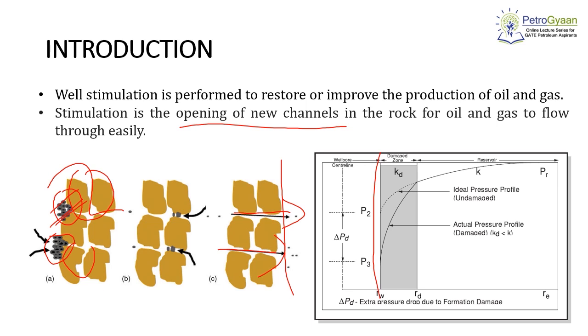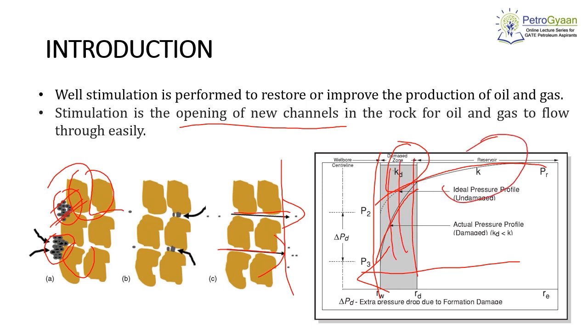Let us consider this is our wellbore. Now when you put the well into production, fluid will flow from the reservoir to the wellbore by maintaining an ideal pressure profile, which is the undamaged zone condition. But here you can observe that pressure will fall sharply near this zone. So this is a damage zone. The phenomenon happening here is formation damage, or we can call it skin. In the damage zone, the permeability will reduce and be less than the reservoir permeability. So this zone acts as a restriction. What formation damage is, how it occurs, and what the impact of formation damage on production is, we will see in further slides.